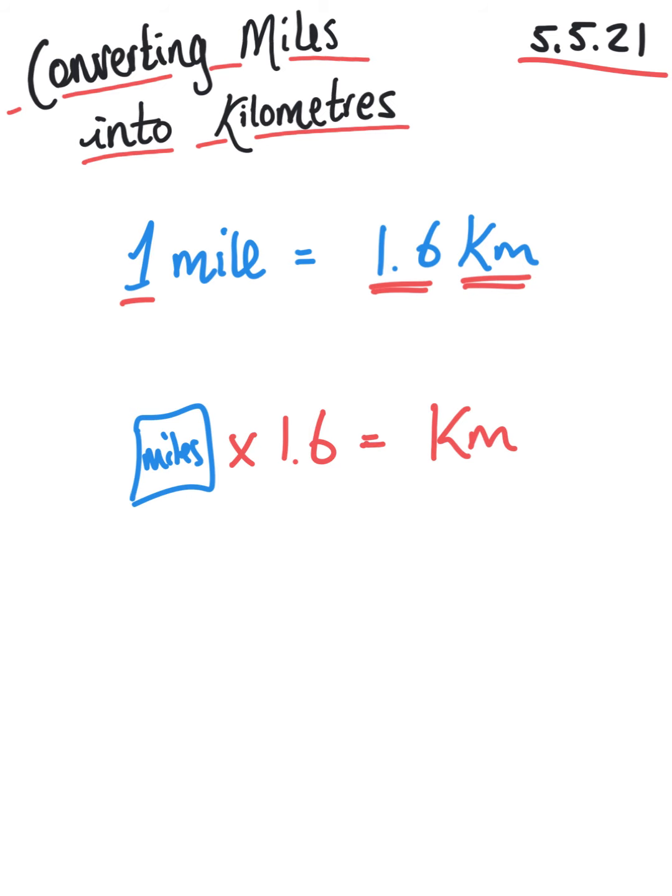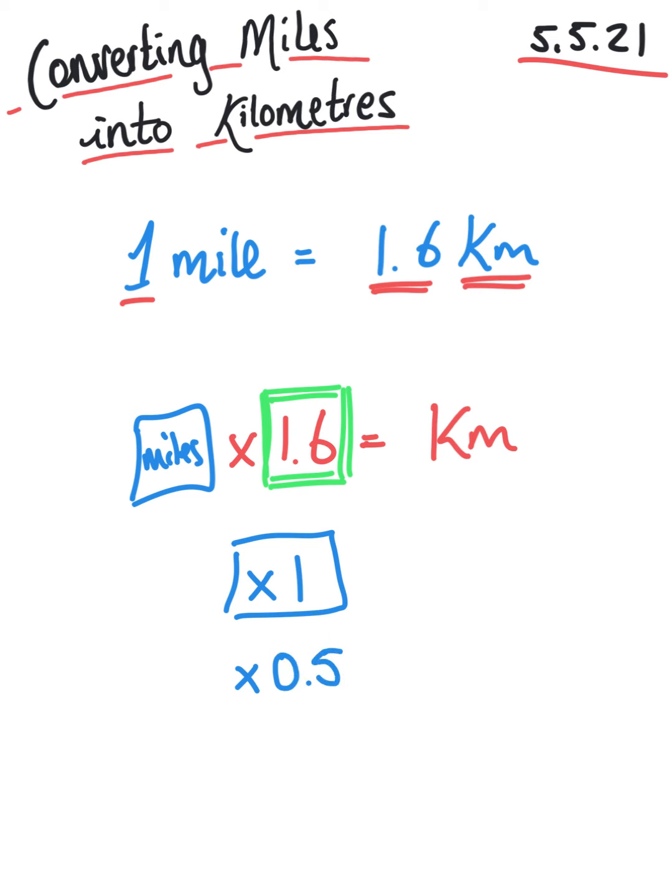Now, before last week, if I'd have asked you to multiply by 1.6, you wouldn't have had a clue. But we've learned a little trick. And we've learned the trick to multiply it by 1 first. So in other words, it's just whatever number it is. So if you've got 16, 16 multiplied by 1 is 16. So that's the first thing we do. We then multiply it by 0.5, which is, in other words, we halve it. And at the moment, we've then got 1.5. We need 1.6. So we need to add